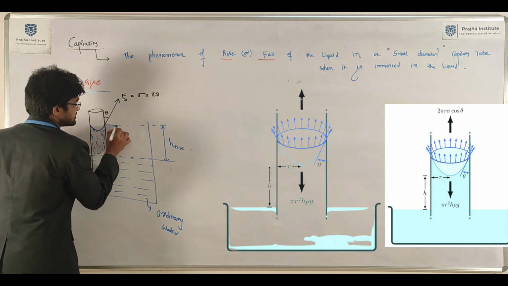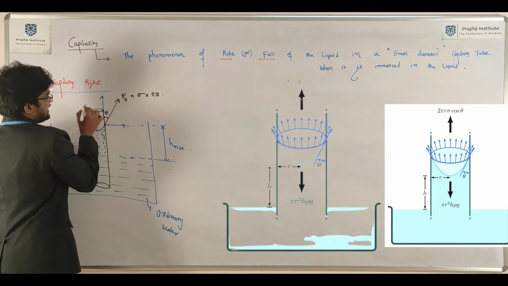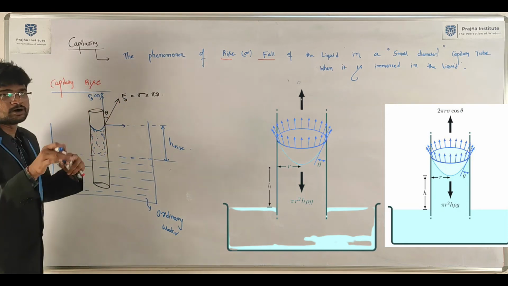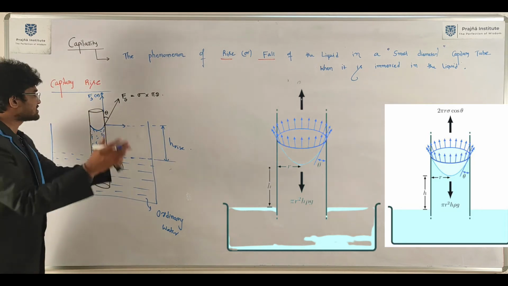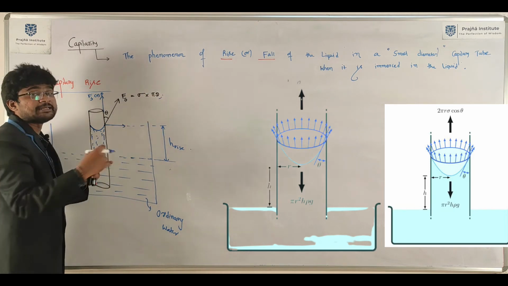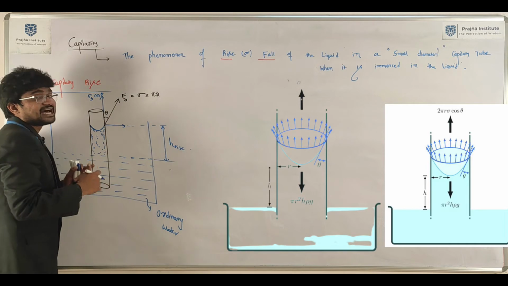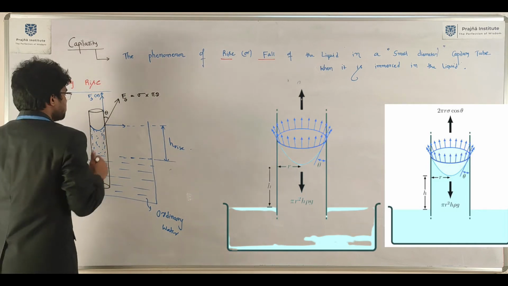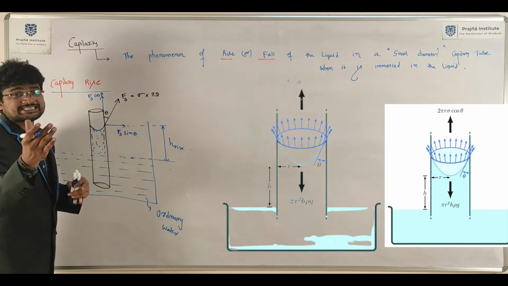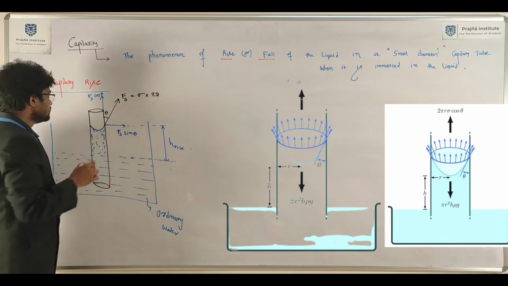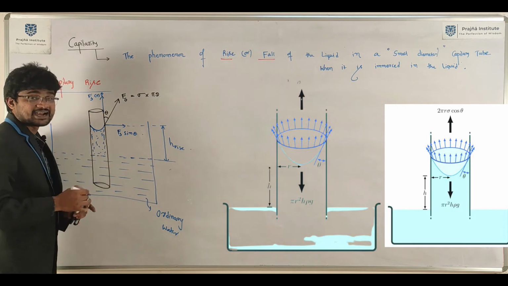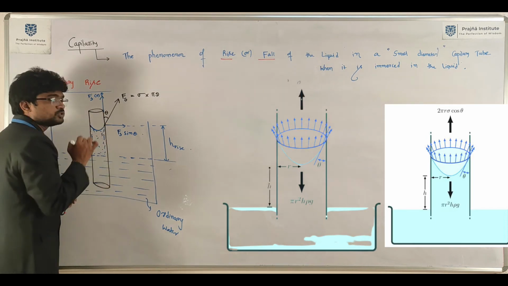Just to resolve the forces, it is Fs cos theta. This is the resultant tensile force acting on the periphery. You consider the total perimeter, that is the total tensile force acting on the periphery. Now it is Fs sin theta. Fs cos theta is acting in the vertically upward direction. Now we need to focus on the weight of the fluid present inside the capillary tube up to here.